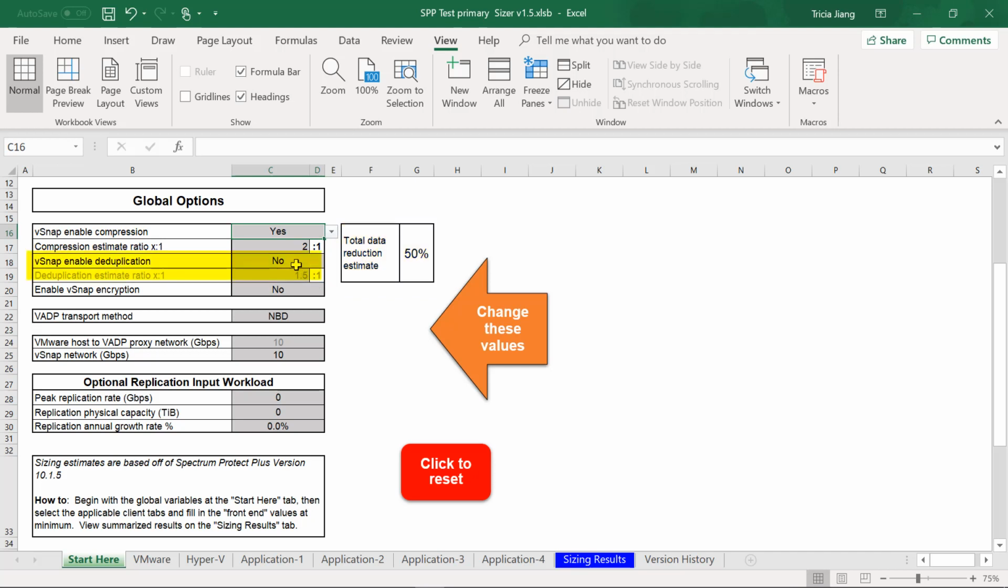If you decide to turn on deduplication, you can go ahead and change that to yes. And the default that the spreadsheet is set to is a 1.5:1 ratio. You can change the default deduplication rate if you think you have an overall different deduplication rate for your environment. And in a different video, we'll show you how you could change it if you have a different rate